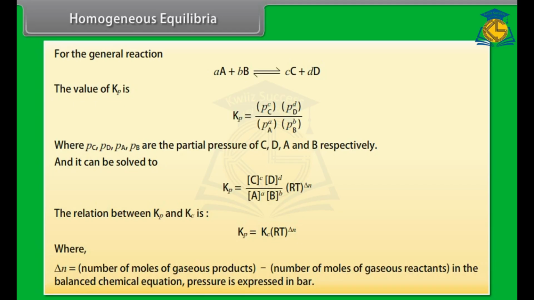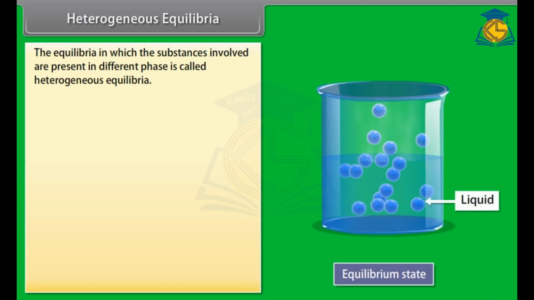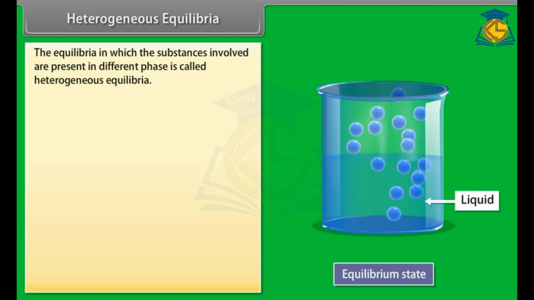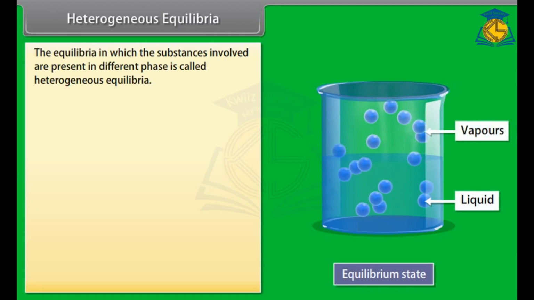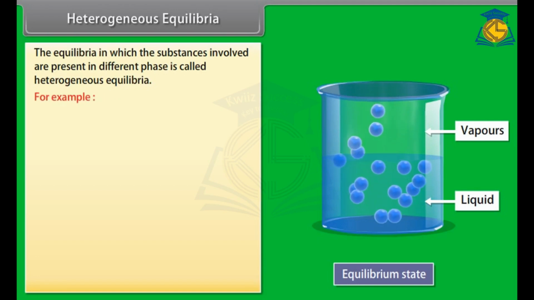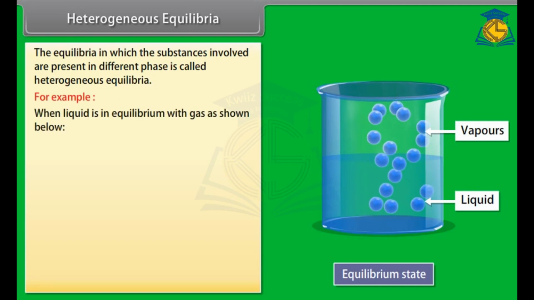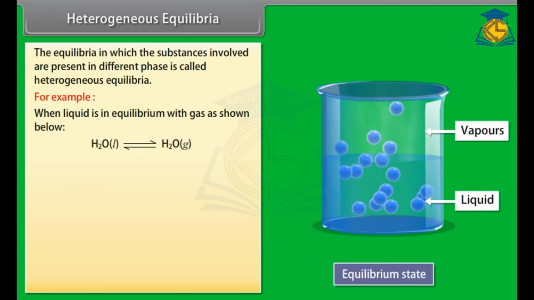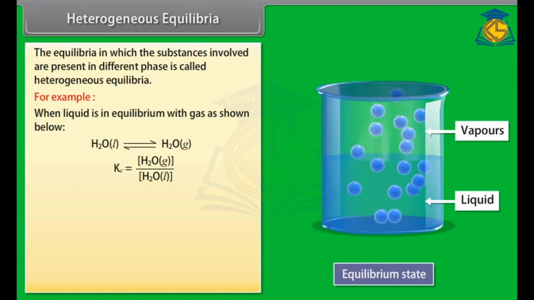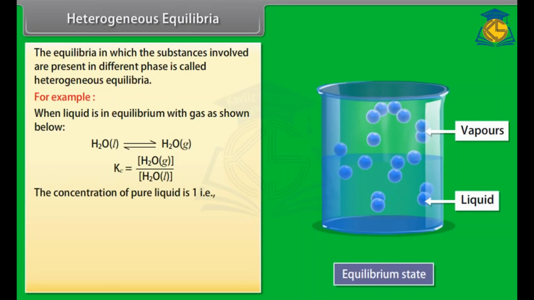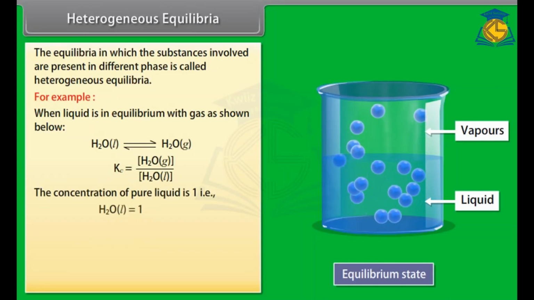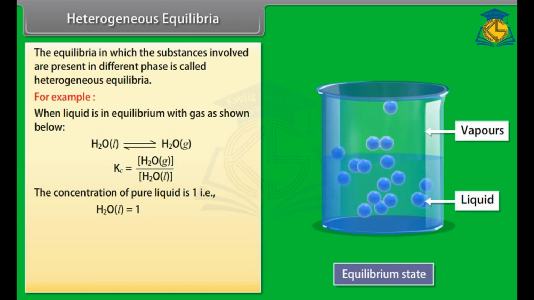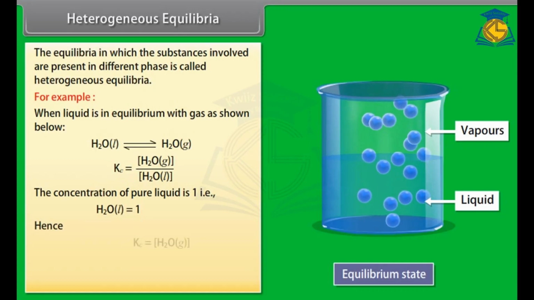Pressure is expressed in bar. Heterogeneous equilibria. The equilibria in which the substances involved are present in different phases are called heterogeneous equilibria. For example, when liquid is in equilibrium with gas as shown below, the equilibrium constant is given by the expression. The concentration of pure liquid is 1, that is, H2O in liquid form is equal to 1. Hence,